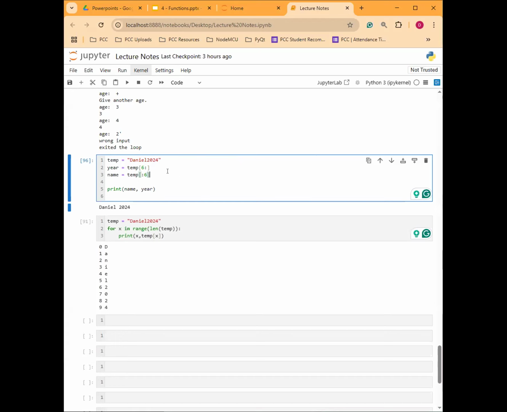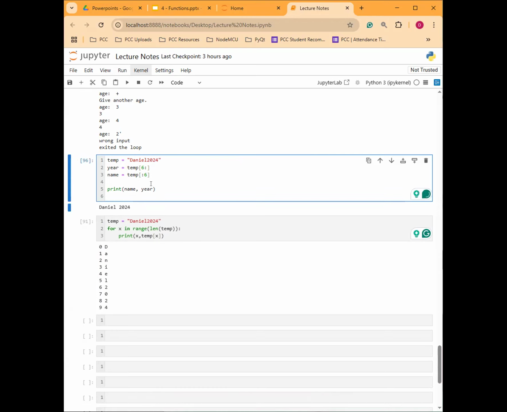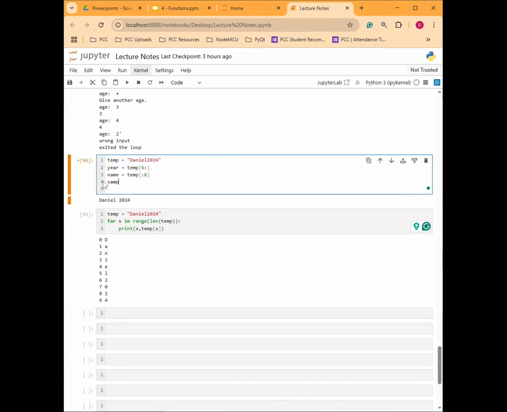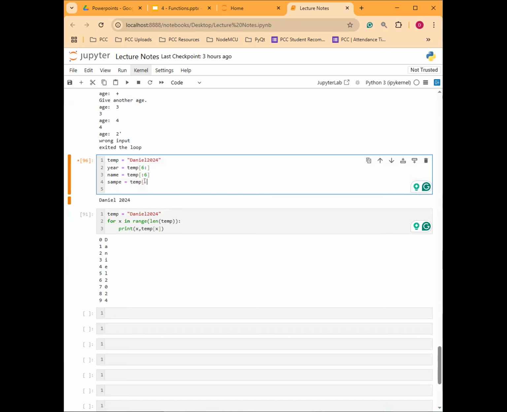Negative substrings also work. Like, it's gonna count starting at the end. All right. So if you say, let's remove that one. Let's say we have sample here is equal to temp. Let's say I wanted to start at, this is index 4, index 5, right? So 1, 2, 3, 4, 5. Okay, so if I say -5 towards the end, all right, and then